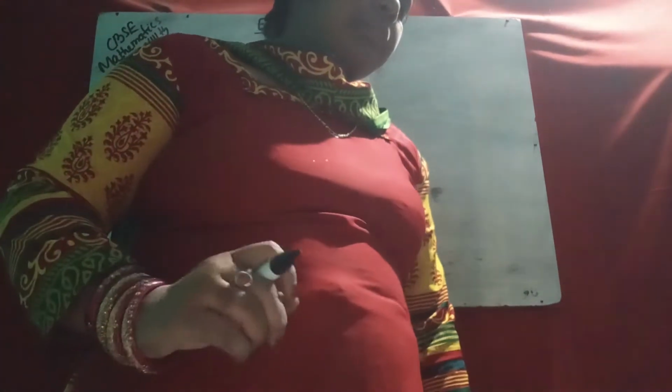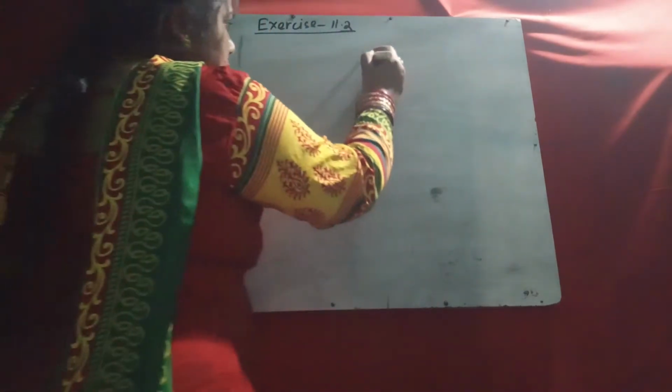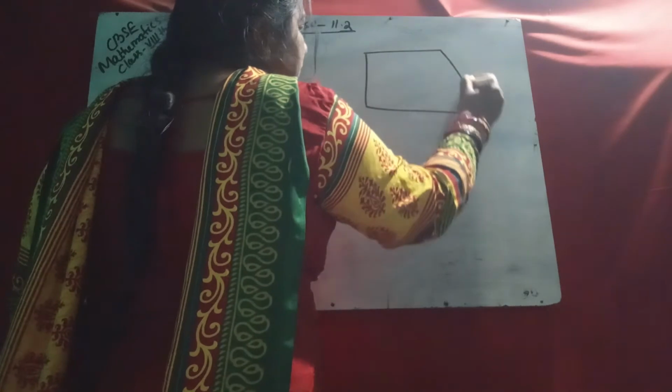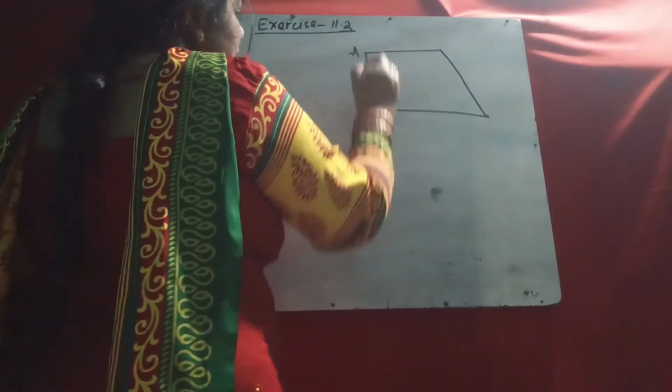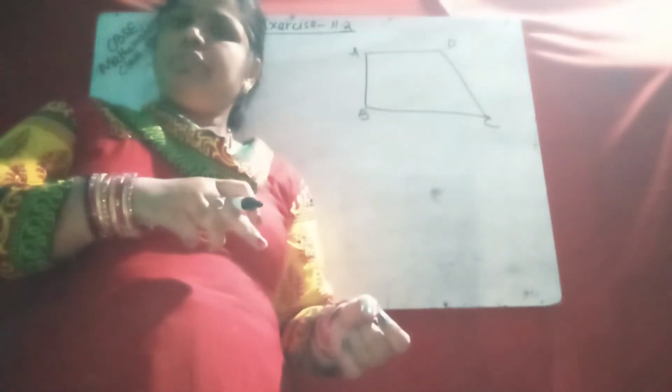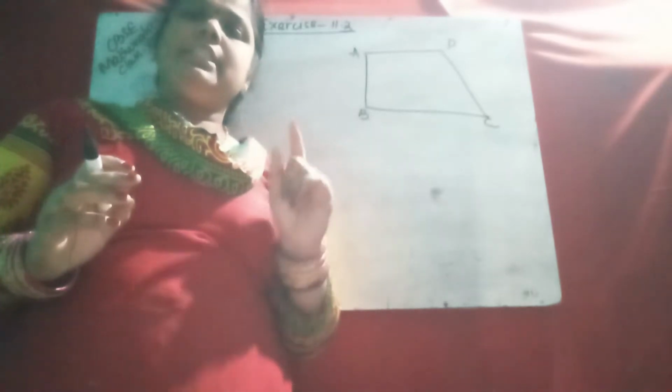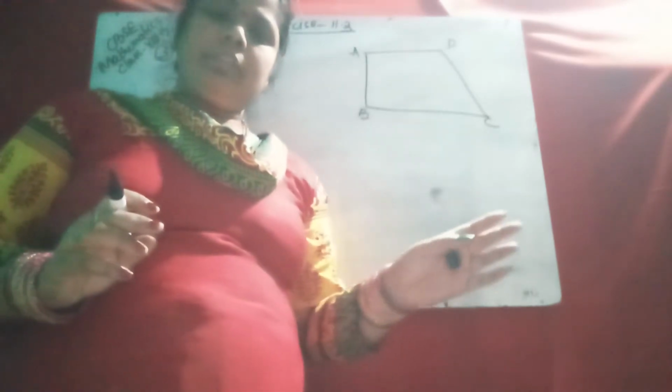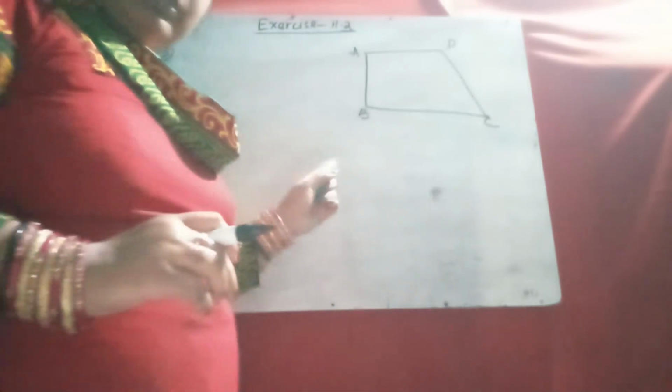Now question number 3. The length of the fence of a trapezium shaped field ABCD. So a trapezium shaped field named A, B, C, D, a field which is trapezium shaped, with sides A, B, C, D. Fencing means its perimeter is given. Fencing means we fence all the sides, that is the boundary, so it is the perimeter of the trapezium. The fencing of ABCD is 120 meter.